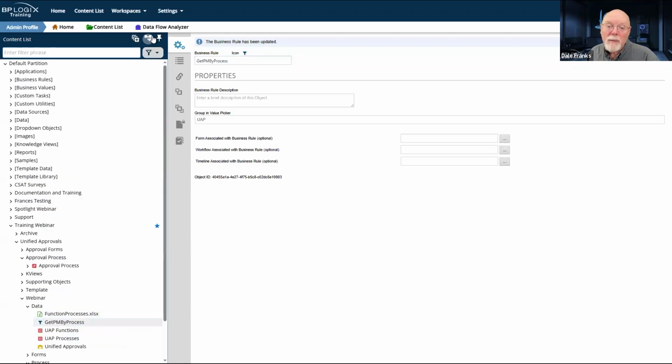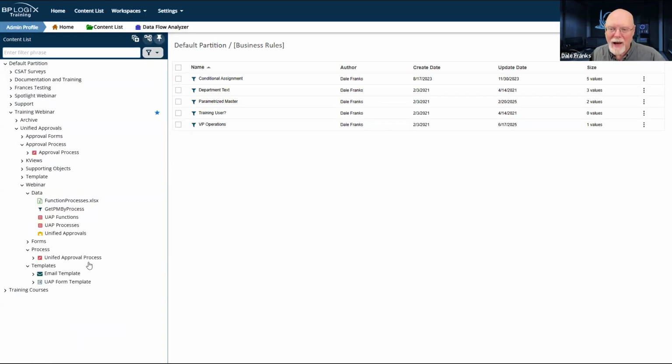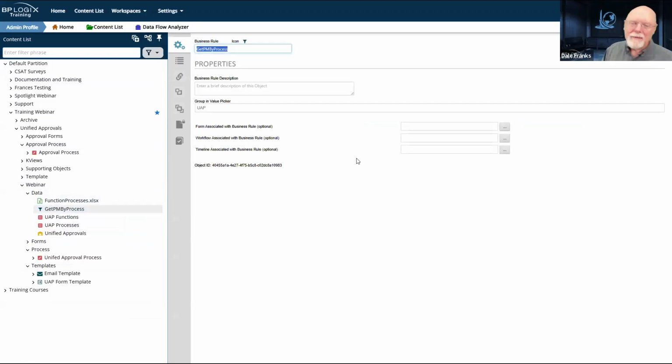Technically, where I should be putting it is in a system folder like this one that's called business rules, where it contains all of my global business rules. This is where I should actually put it, but because I have to export it, obviously I've chosen a different path. But just remember, this would probably be a global object, so you'd want to save it as a global object.